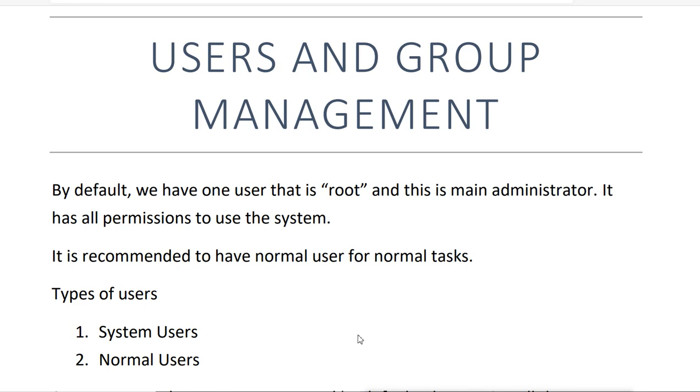Now for securing it, what we have in the system is the system user account. We have separate system user accounts for separate services. For example, if we want to run the web services, we have a user account named Apache. For FTP services, we have a user account FTP. For DNS, we have the named user account, and so on. For different services, we have different user accounts, and those user accounts run those services.